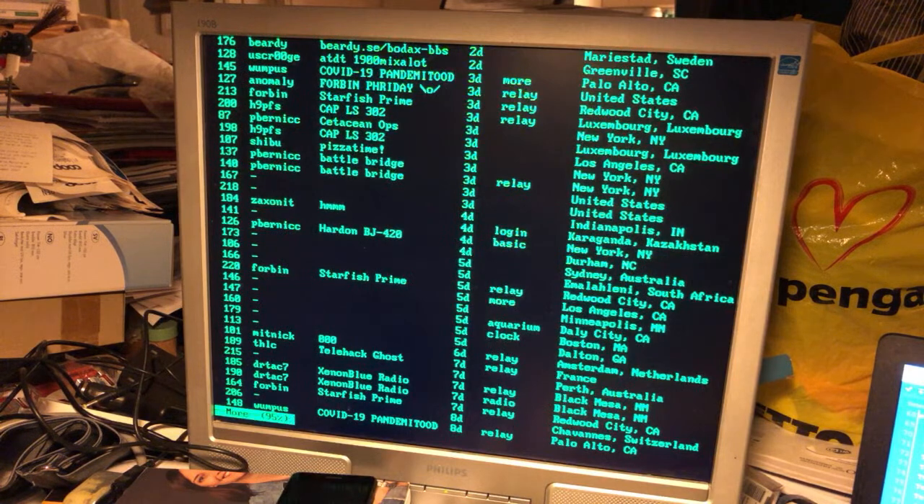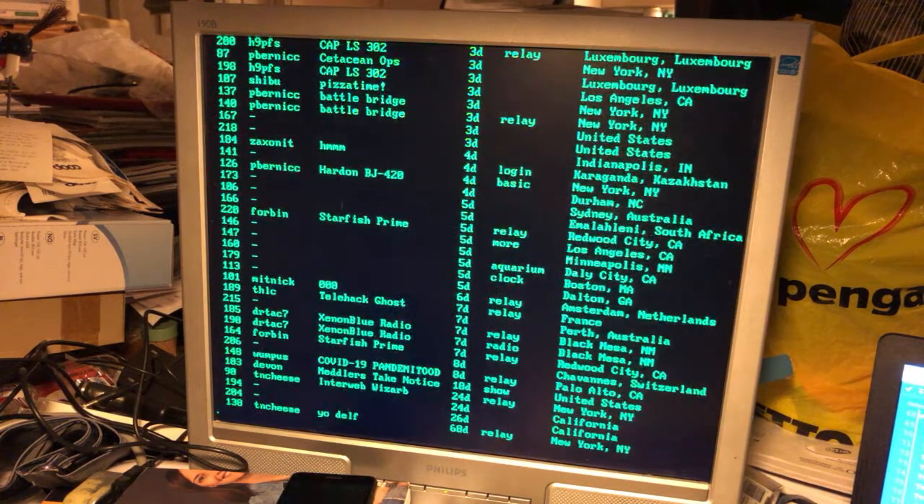But this is actually a game. It's not a real system. So some of these users are simulated. But we could test this program here again. W, it's short for who is online. And then I try to type here